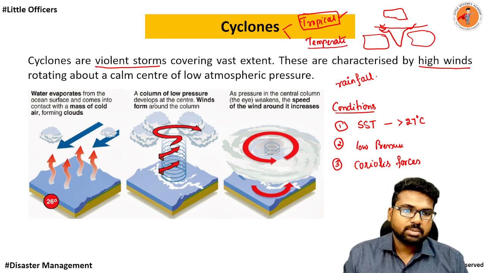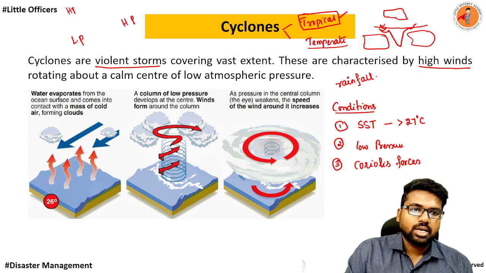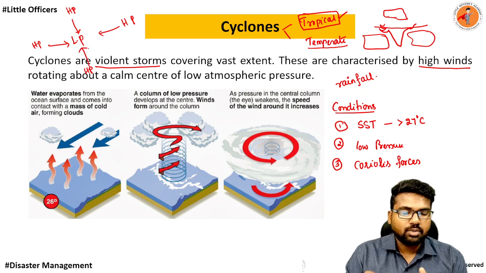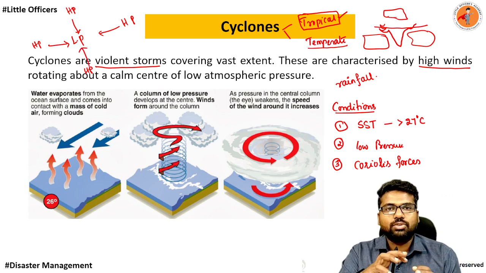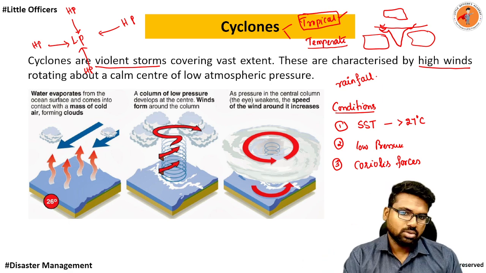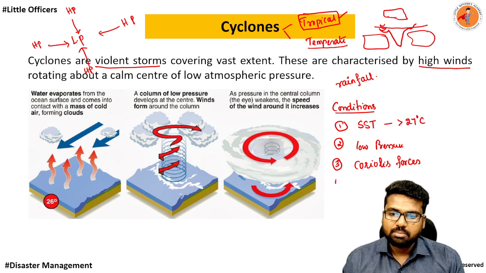See, the mechanism is simple. In the center there should be low pressure, so obviously outside there will be high pressure. Now wind comes from high pressure to low pressure from all directions. Generally it comes in this manner, but when there is existence of Coriolis force, it will start rotating under the influence of it. Understood? So these are the conditions, plus there must be upper divergence of the wind so